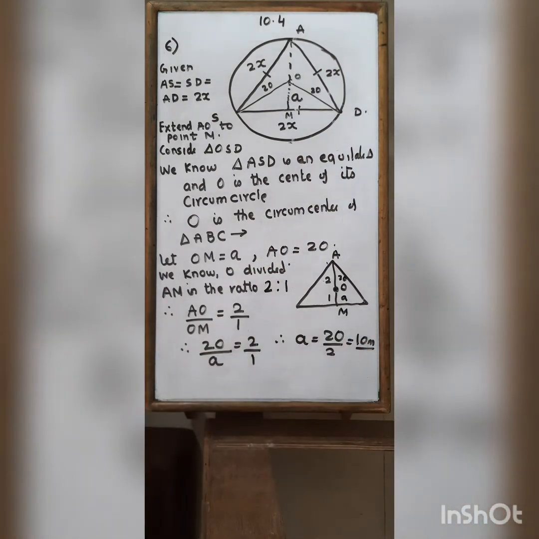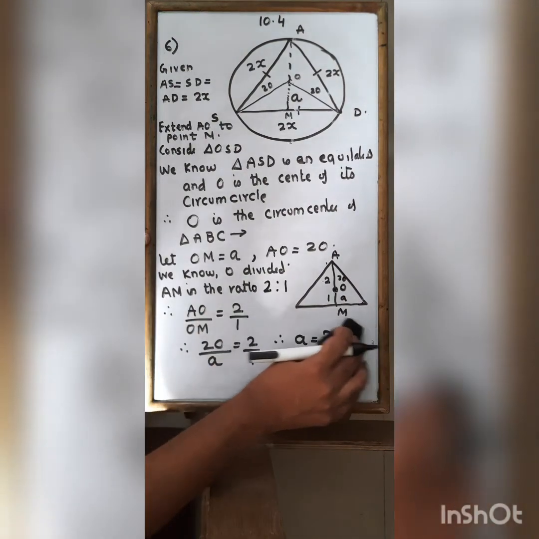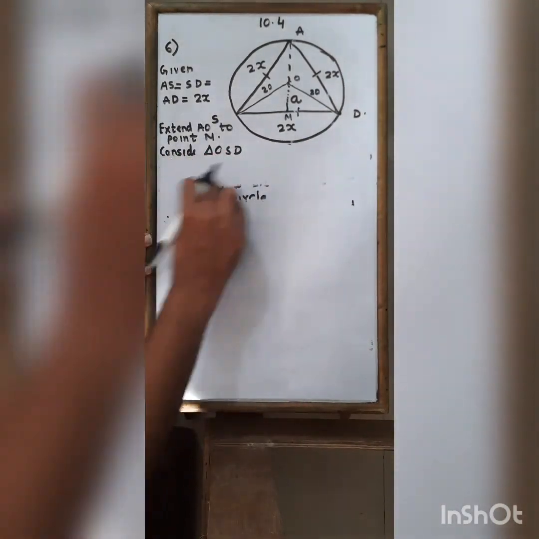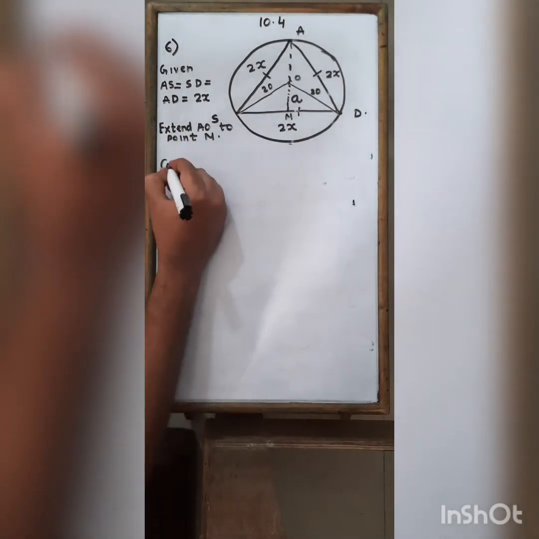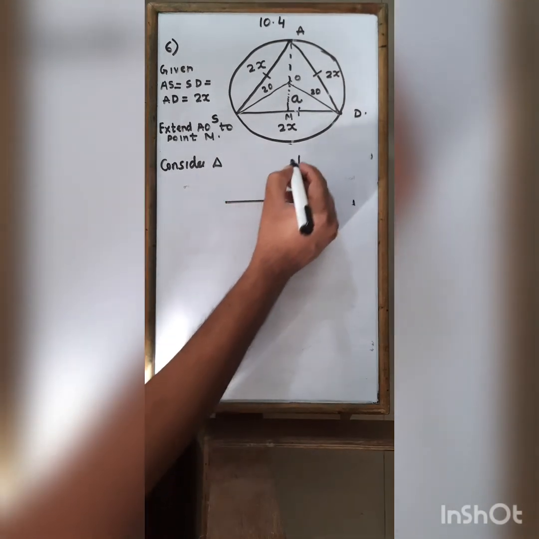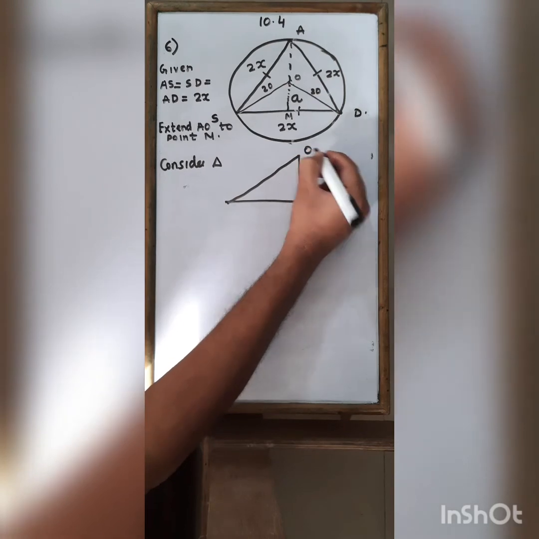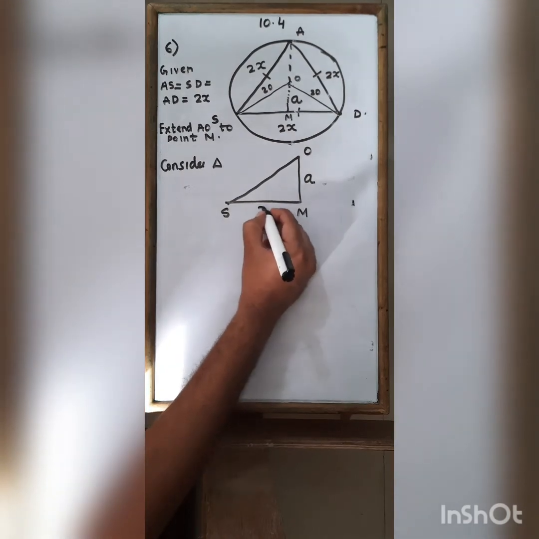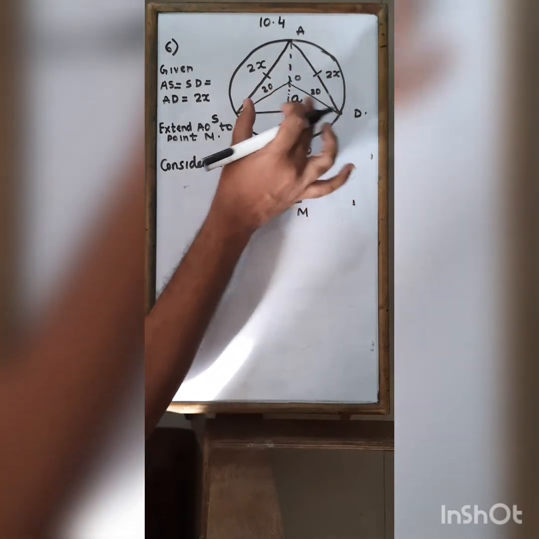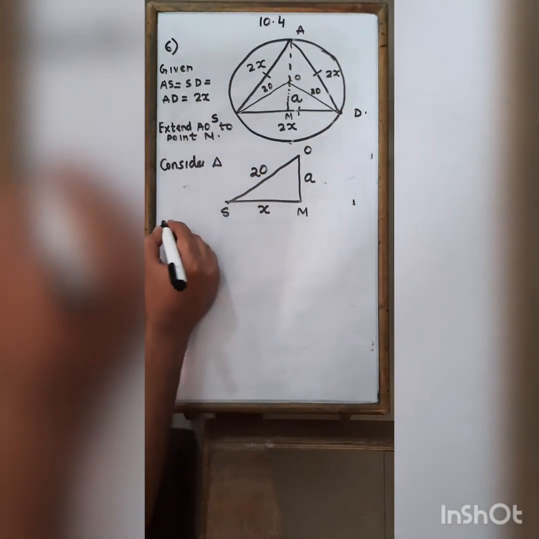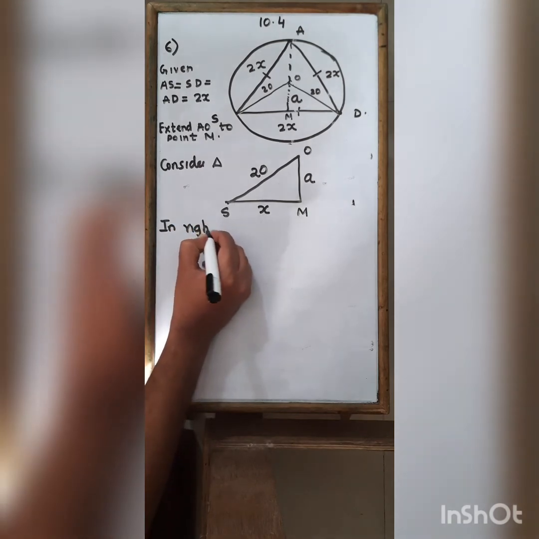So what is the value of a? It is 10 meter. Just note it down. Okay. Now consider triangle OMS. O, M and S. How much is this distance? a. How much is this distance? H. See, this is a perpendicular bisector. This is 2x. So this is x and this is x, right? And how much is this distance? 20. So in right angle triangle